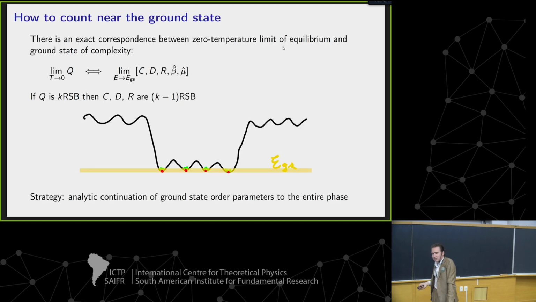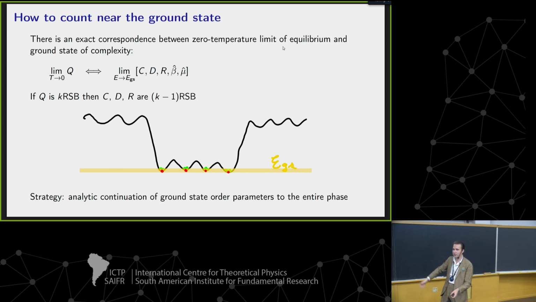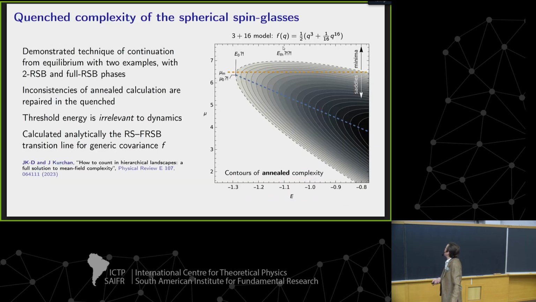And so the strategy is going to be the following. We're going to exploit this correspondence using equilibrium, which has fewer order parameters, of variational problems. We can use minimizers instead of horrible saddle point finders to find the order parameter values at the ground state in models that, of course, will have a non-trivial ground state. We better hope that's true. And then we can sweep the rest of space and see where the complexity should be changed in a quenched picture.